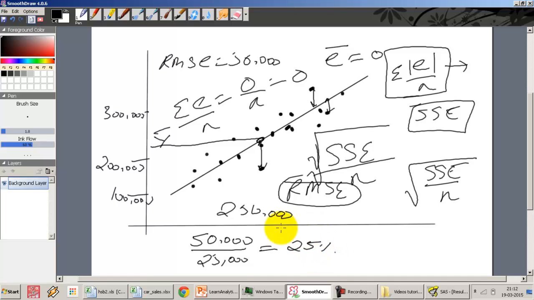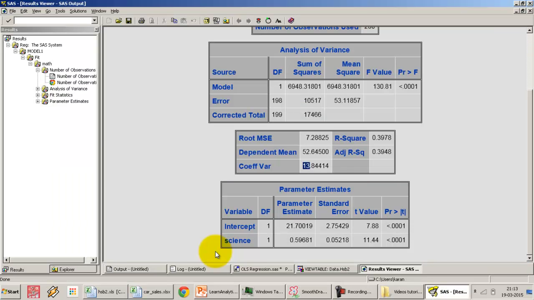Sorry, if you look at this, it becomes about 25, yeah, so 20%, I'm so sorry, so it becomes 20%. So 50,000 over 250,000 becomes one fifth, and that's about 20% error. So RMSE is nothing but